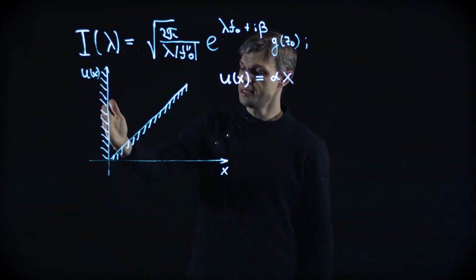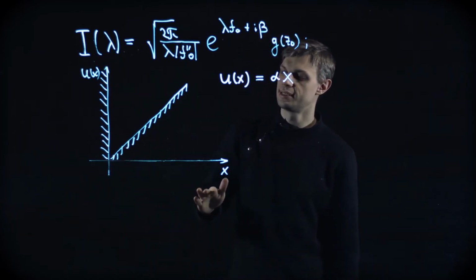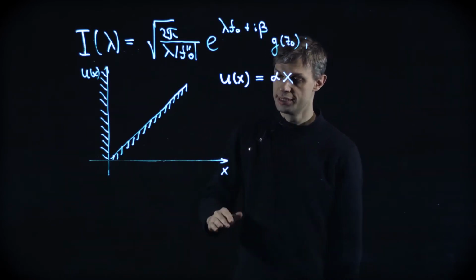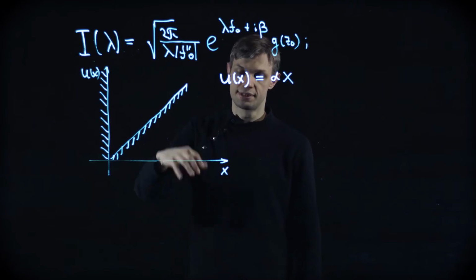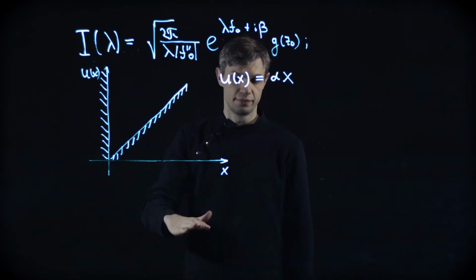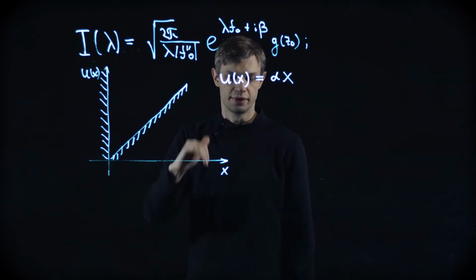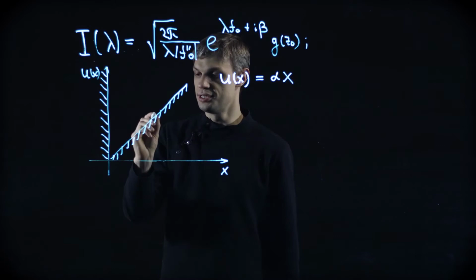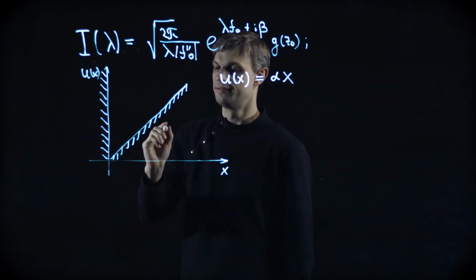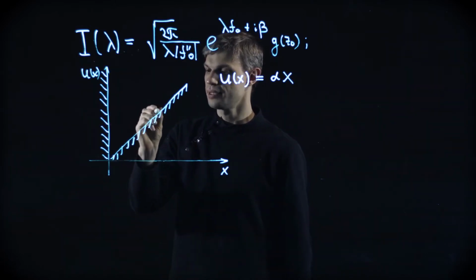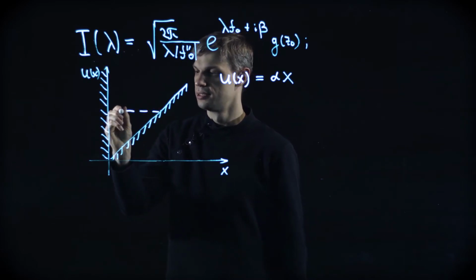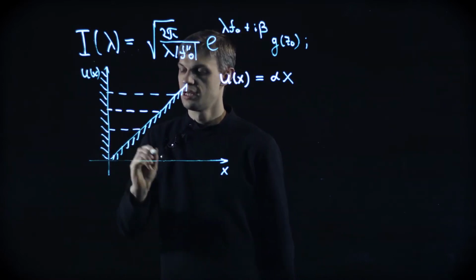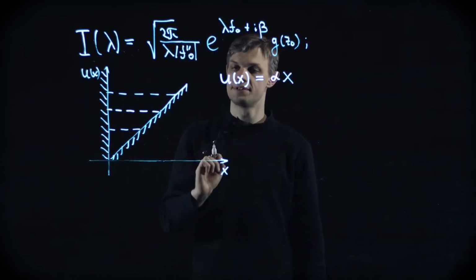And here we have an impenetrable wall. Actually, in our case, we may interpret it as an impenetrable floor. So it's kind of a ball which bounces from the surface of the ground, I would say, right? So the potential is finite, and the energy levels are quantized. And our goal is to find the energy levels of such a system.